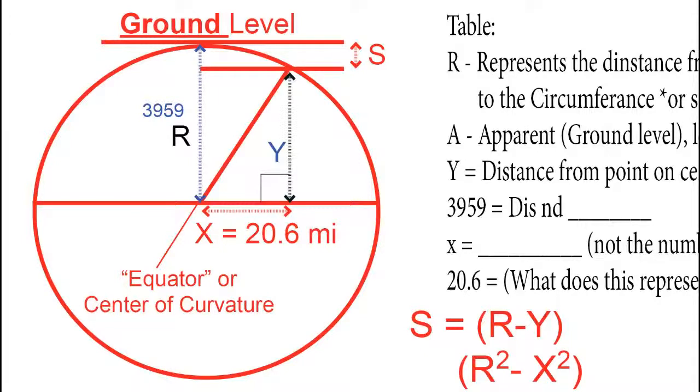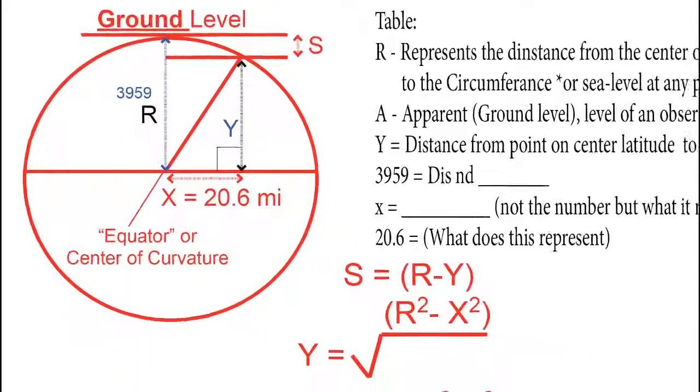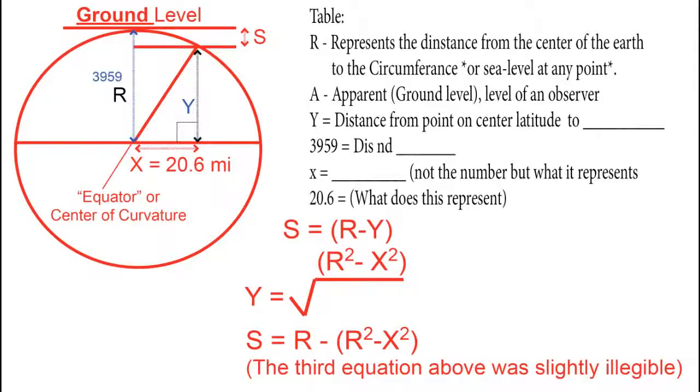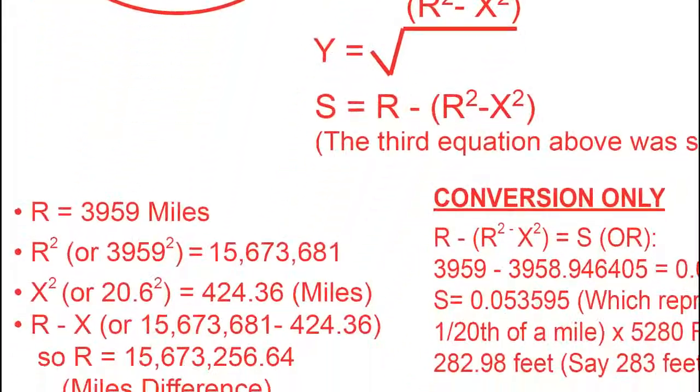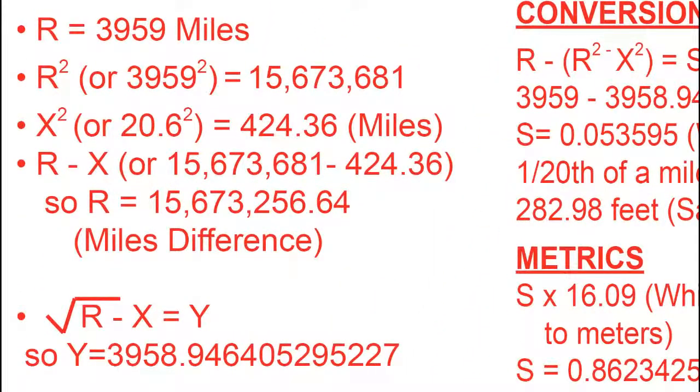So we need to figure out what is the distance from the center equator, or center of curvature, represented by line Y. So if S equals R minus Y, which is pretty simple, then Y squared equals R squared minus X squared, and then S equals R minus the square root of R squared minus X squared. So we know that R equals 3959 miles, so then R squared, or 3959 squared, equals 15,673,681 miles. X squared, or 20.6 miles squared, equals